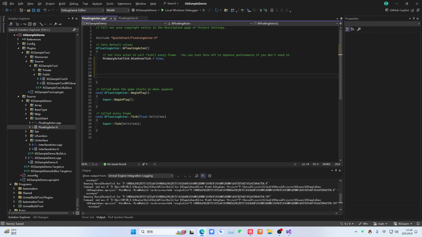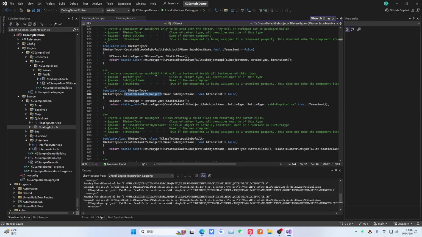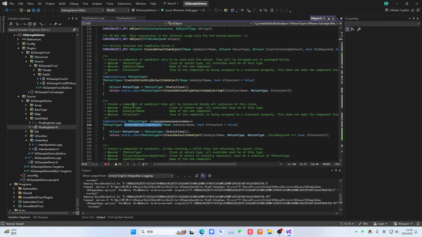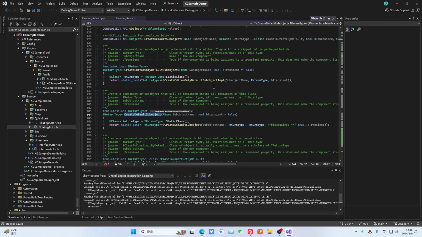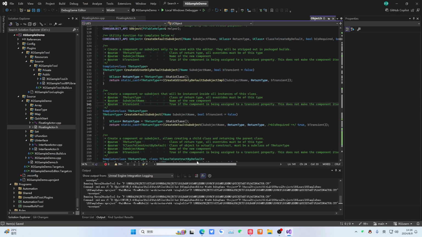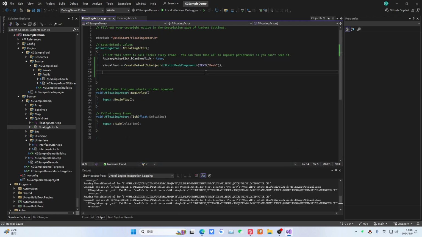So at this point, we need to create an object. Do you still remember how to create an object? Obviously, we have two ways. In our constructor function, we can just create it through CreateDefaultSubobject. You can see this is a method in Object.h. It creates a component or a subobject. Here it is a template, so this place needs to be specified, the return type of this object, and this allows specifying the name of this component and whether it is transient, a temporary one. Okay, so after we create a component like this,